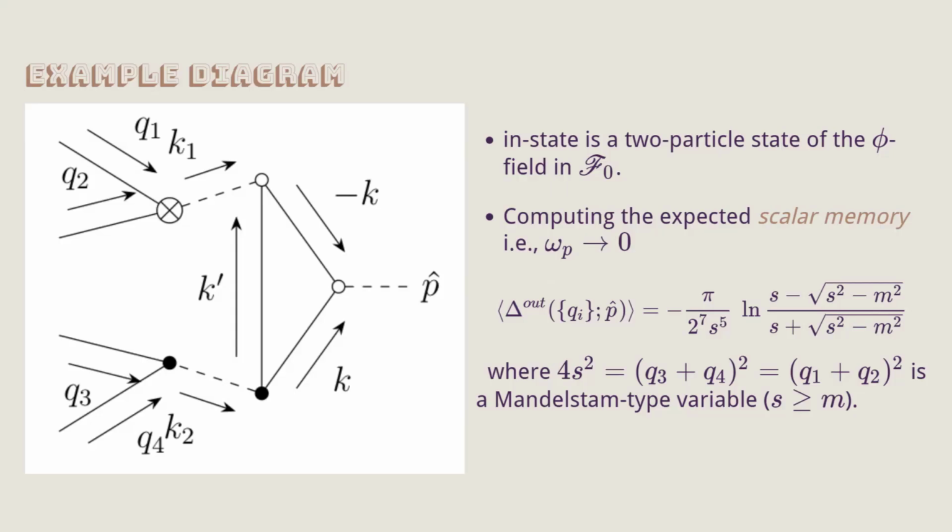And so is this delta out p hat, right? No, delta out p hat is not the same kind of leg that this is. This is specifying the in state. This is telling you an out operator whose expected value you're computing. It's not telling you that there's a p hat sitting in the out state somewhere. So this is not an in-out calculation, right? So the way you would do it with memory is when you're smearing this with wave functions, you smear in the wave function which has memory that you wanted to send in.